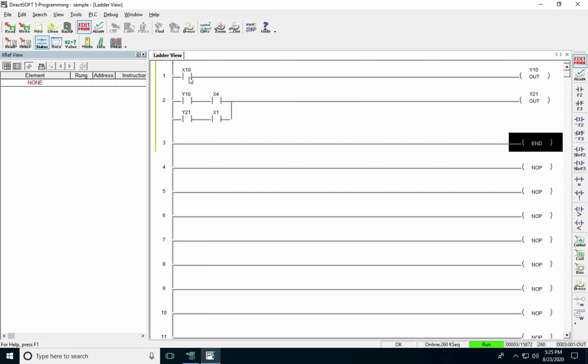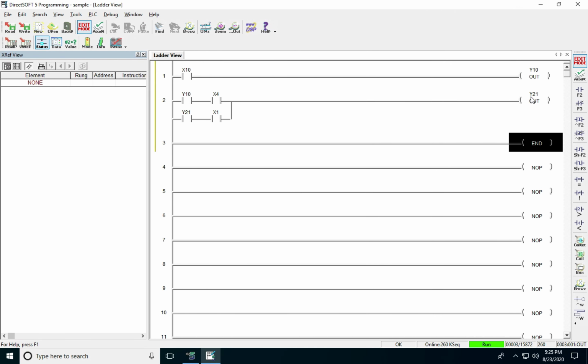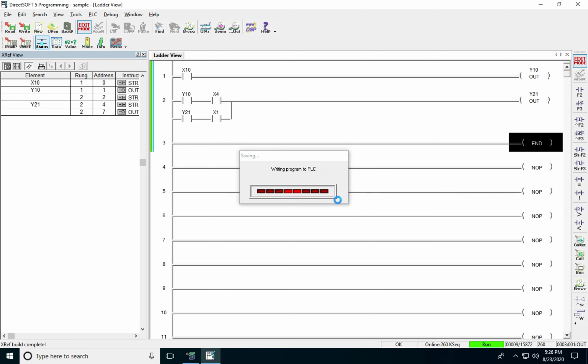So how this program works is that whenever X10 is turned on, Y10 will be turned on, and whenever Y10 is turned on and you detect an yellow, you will open the diverter. But this will only happen for 20 milliseconds. So to keep this open until we get a marble, we are using the latching concept. So we are going to latch this output here Y21, and whenever X1 is off, then only this Y21 is going to be turned off. So I'm going to accept these changes, write to PLC, yes, write to PLC,